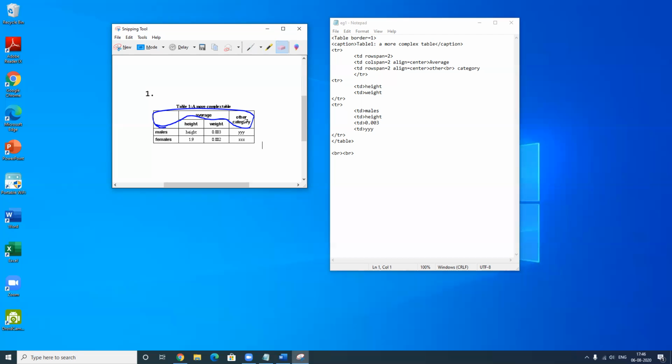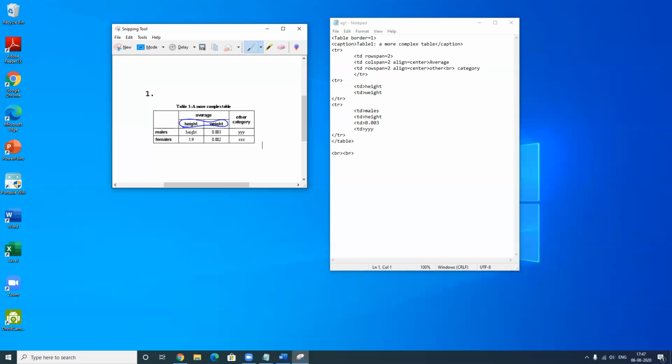Clear? Now I start with the second TR. Second TR, children. What does it consist of? It consists of only these two, height and weight. Because from here this has merged, the second row one, this is also done. Here also it has been merged, this is also done. So my second row is left only with height and weight. So look at the notepad, TR, TD height, TD weight. Okay, I've closed the TR, and the next is a simple TR with 4 columns.